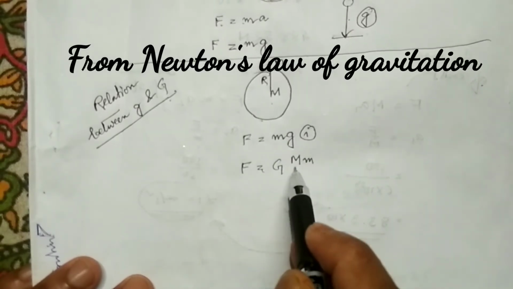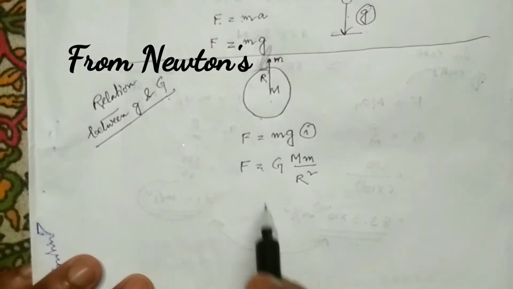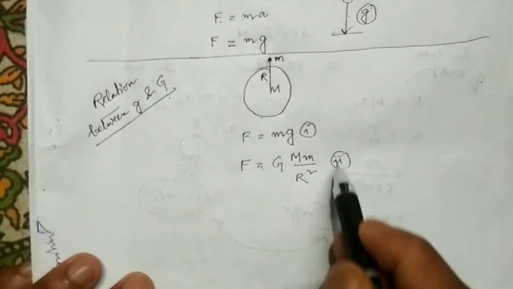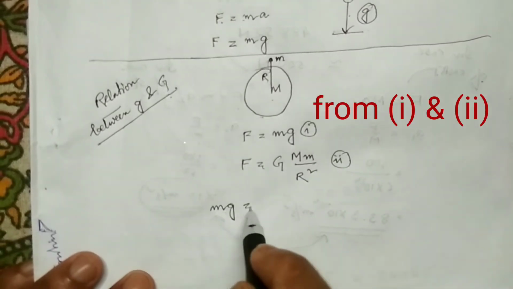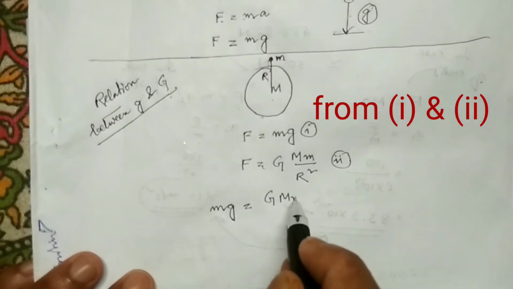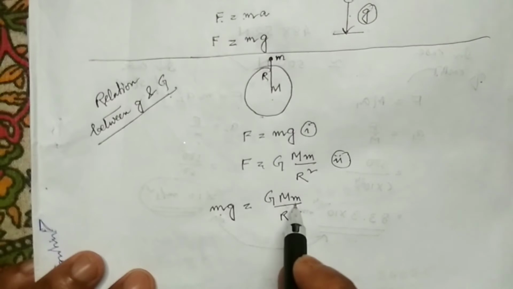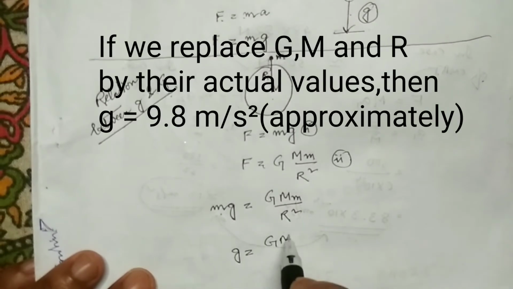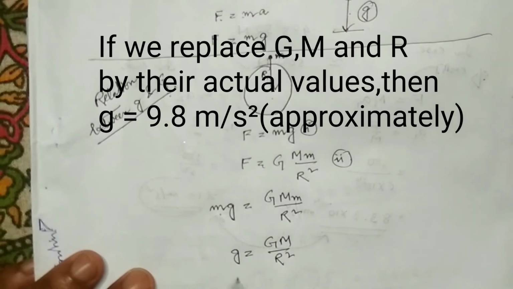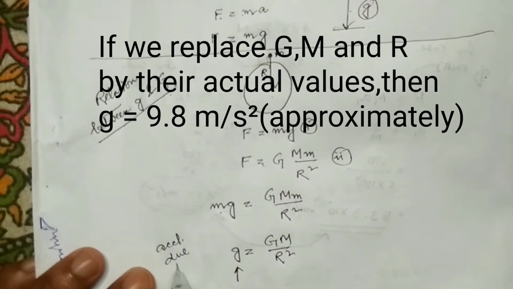capital M, small m by r square. This relation you know from Newton's law of gravitation. Now both the forces are the same. Since both the forces are the same, I can write mg equals GMm by r square. This small m can be cancelled. You are left with g equals GM by r square, where this small g is the acceleration due to gravity,